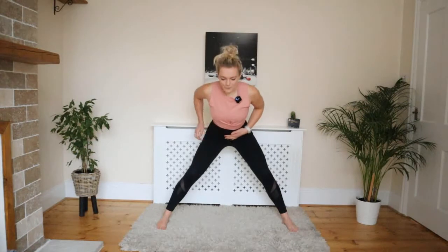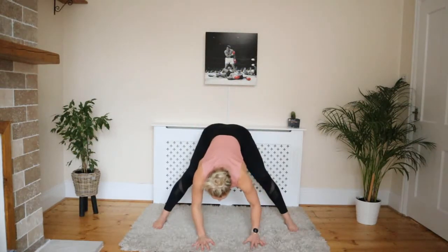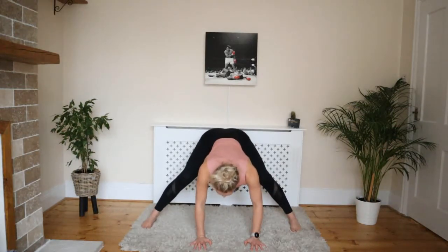We're going to set the feet wide now as we come into more of the adductors. Big breath in as you lengthen the spine. Exhale as we slowly fold forward and keep the knees soft here if you need to. Okay, so the wider the legs are, the deeper the stretch. So just go to your own range, bring them wider or closer if you need to, and try and keep